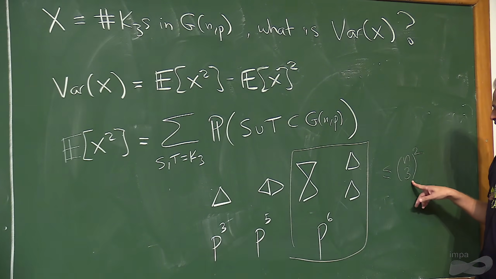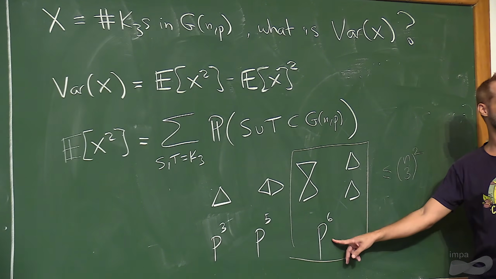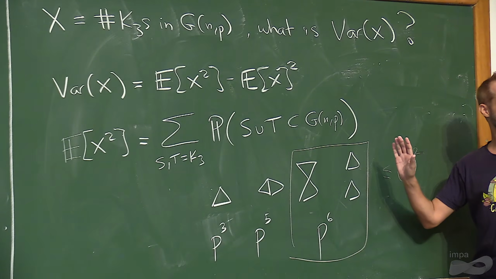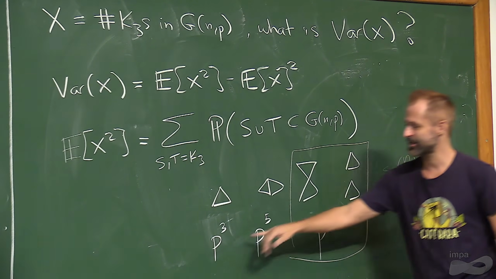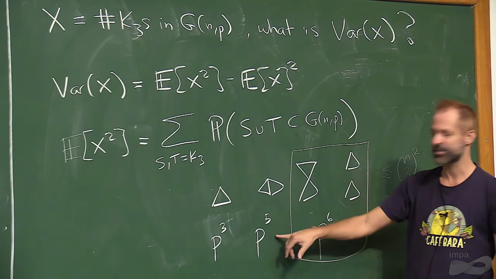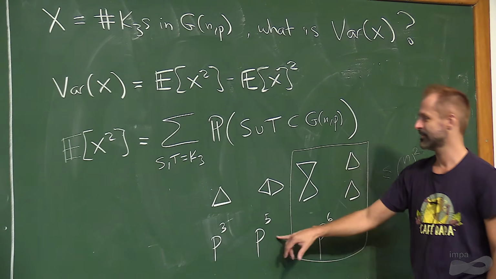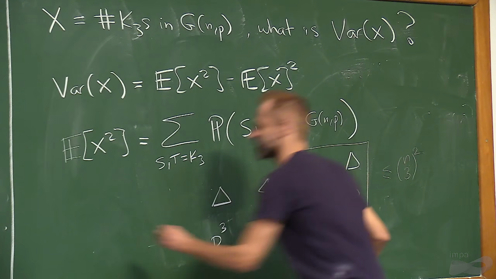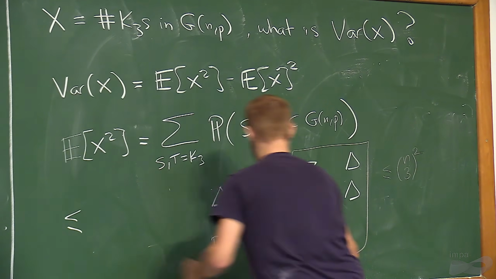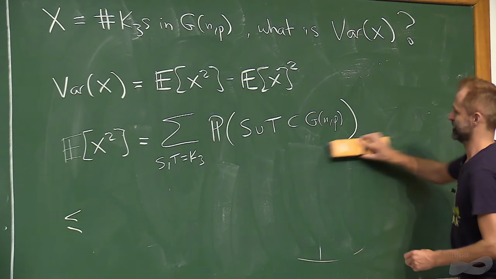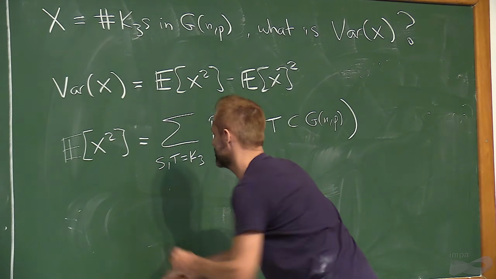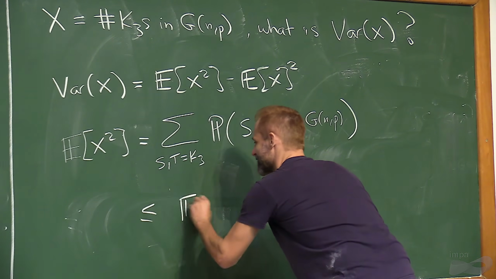We get n choose 3 squared times p to the 6. It's exactly expectation squared. We just need to add on this one. Okay, so this is at most, by the way, it's at most expectation of x